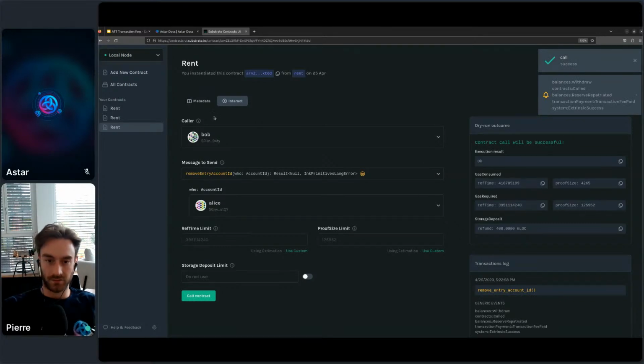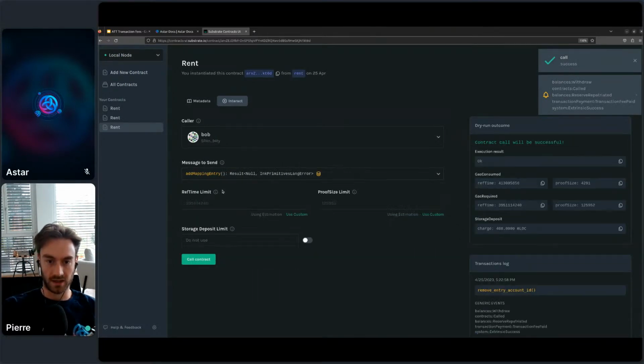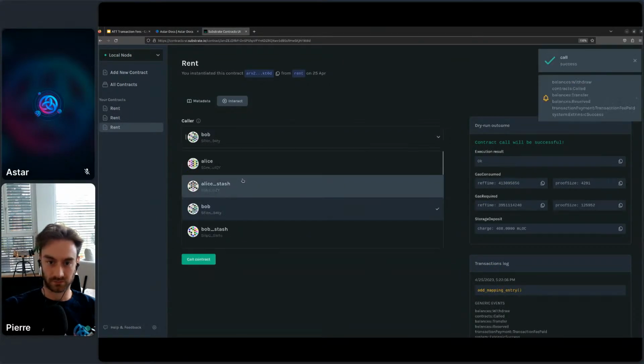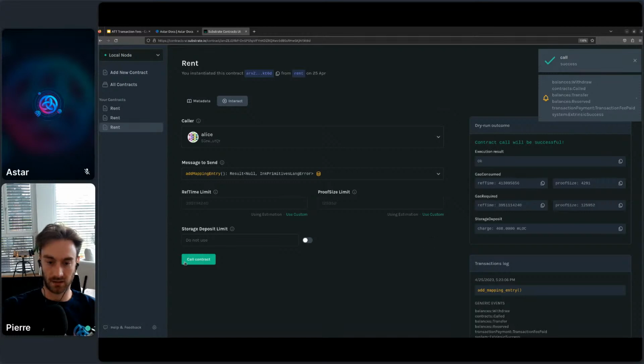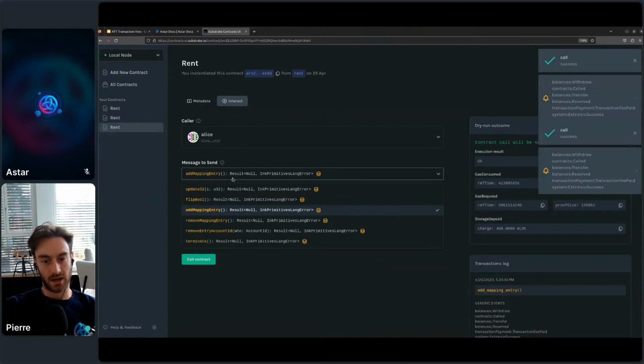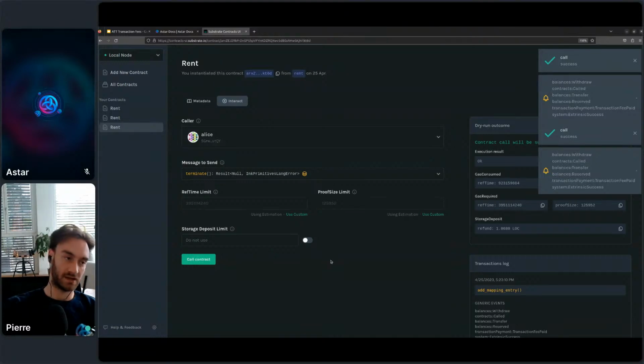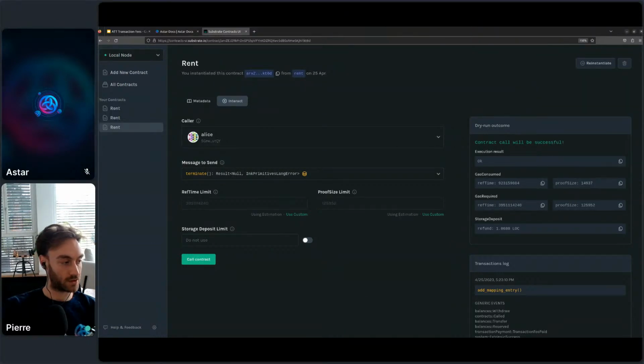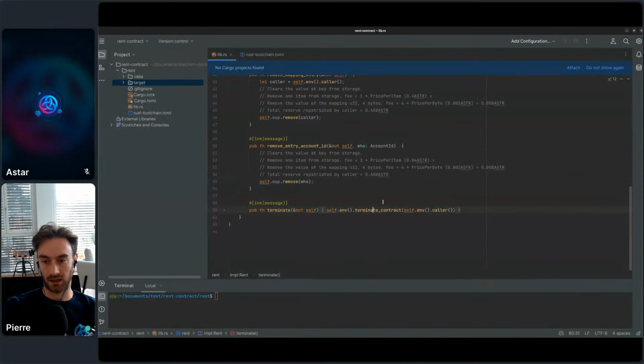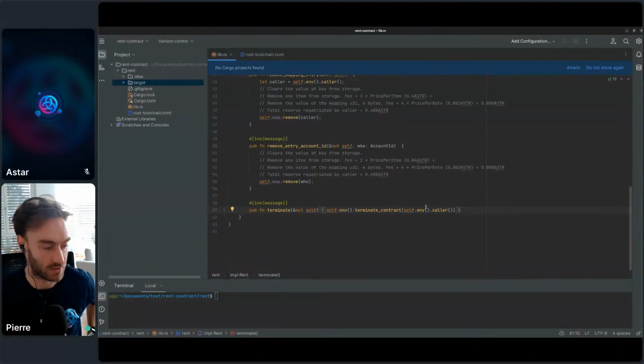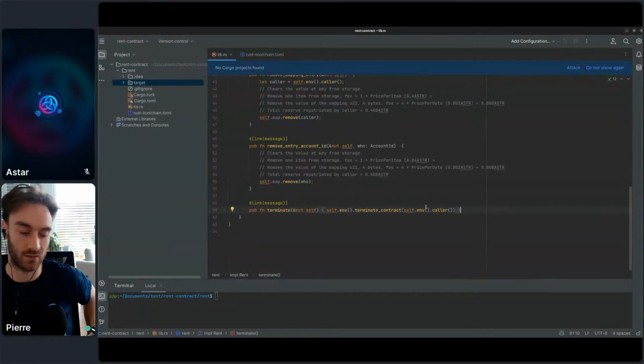Okay. And now let me add Bob again, Alice again. Okay, and now let's call terminate. So terminate, what does it do? It's a function in Ink that usually is not exposed to anyone, and most contracts will not expose it, but it will basically delete the smart contract address and refund